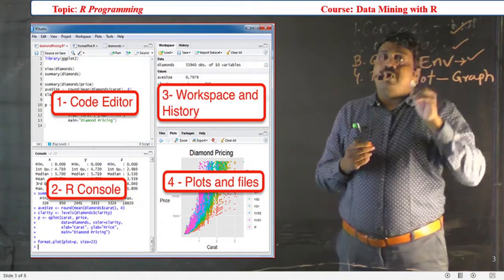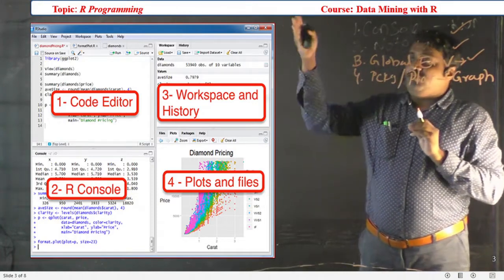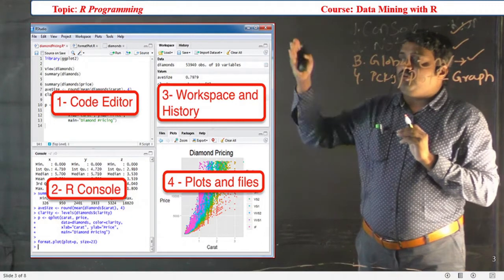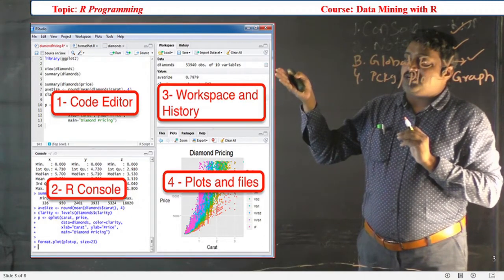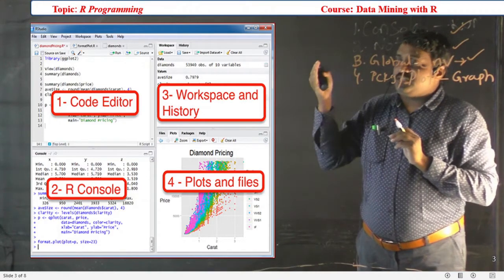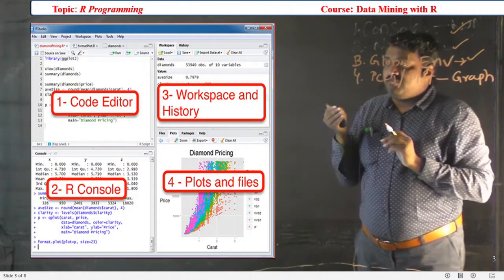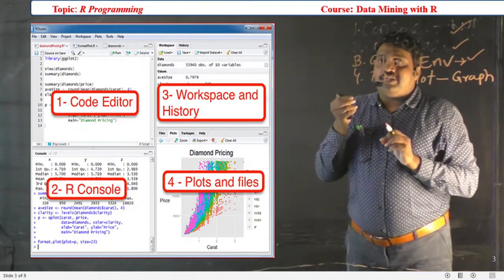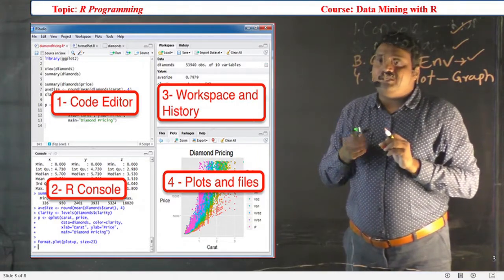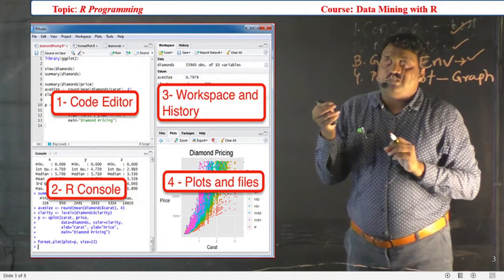So this is the basic review of all 4 frames of RStudio. After understanding these things, now we will start with the basic concepts: how to create a variable and how arithmetic operations work.